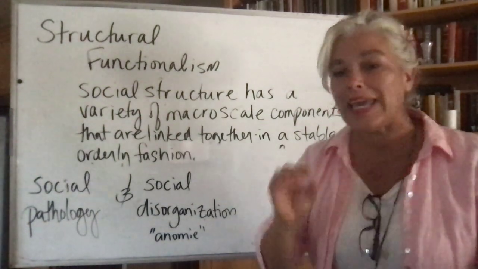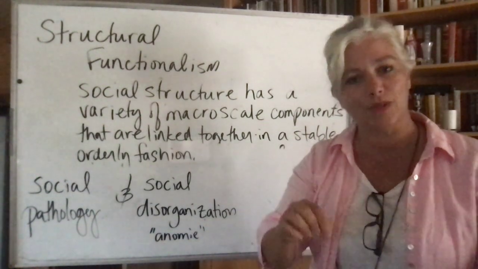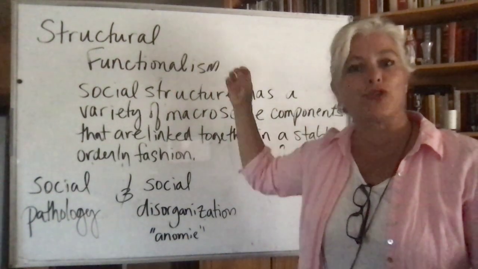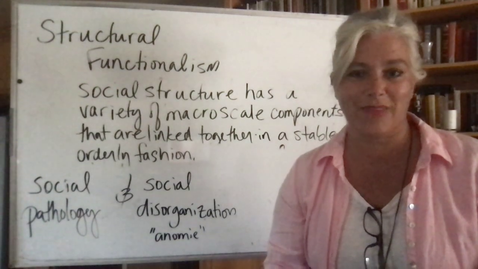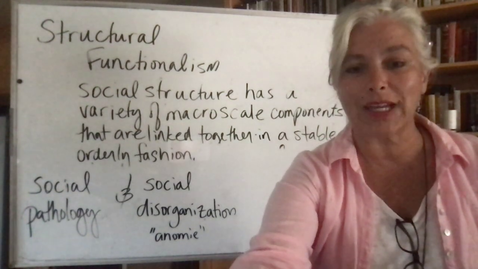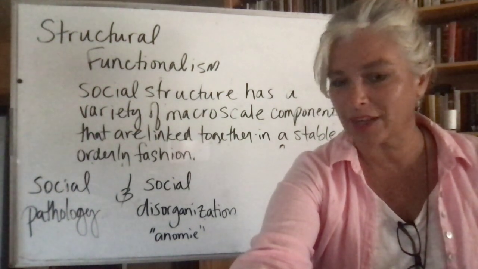And so these are two of the common ways of looking at social problems, explaining them, and proposing fixes for them if you are a sociologist who uses functionalism or structural functionalism as your parent point of view. Okay, and in the next video, we're going to look at conflict theory or social conflict theory that some of you